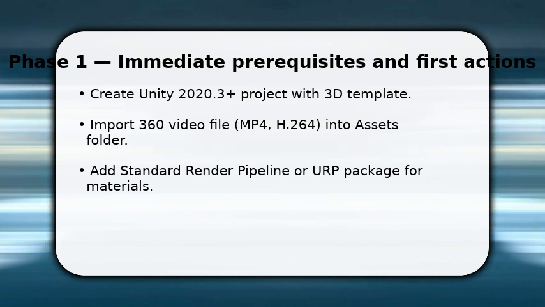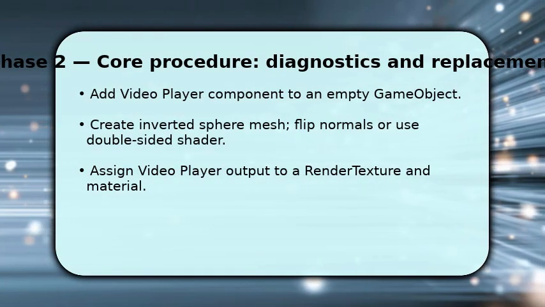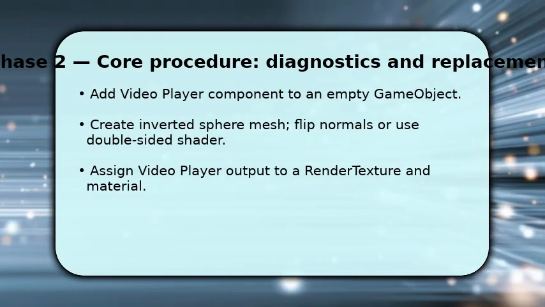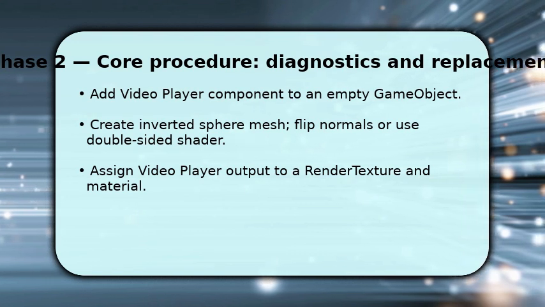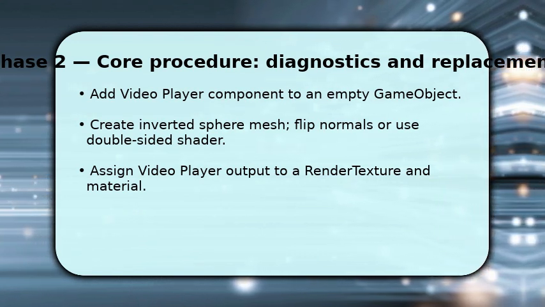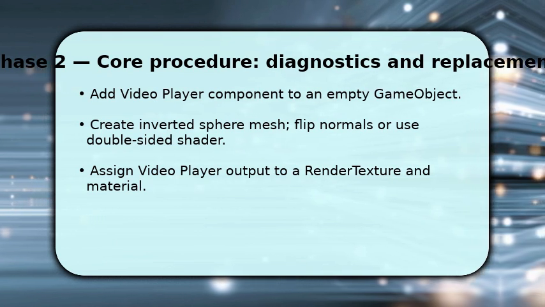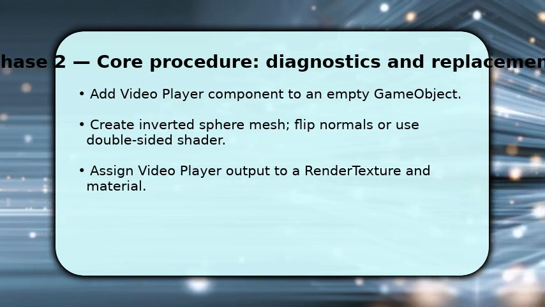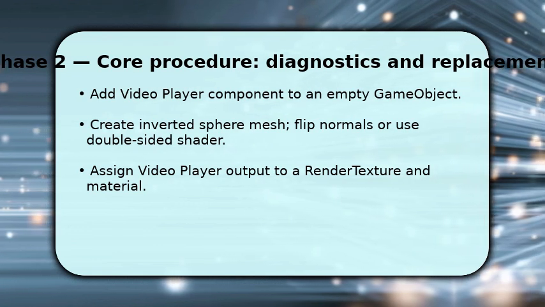playback. You now create an empty game object and add Unity's video player component, set its source to video clip, and drag your imported clip. Create or import an inverted sphere. Either flip normals in a 3D tool or use a sphere with negative scale, and place the main camera at